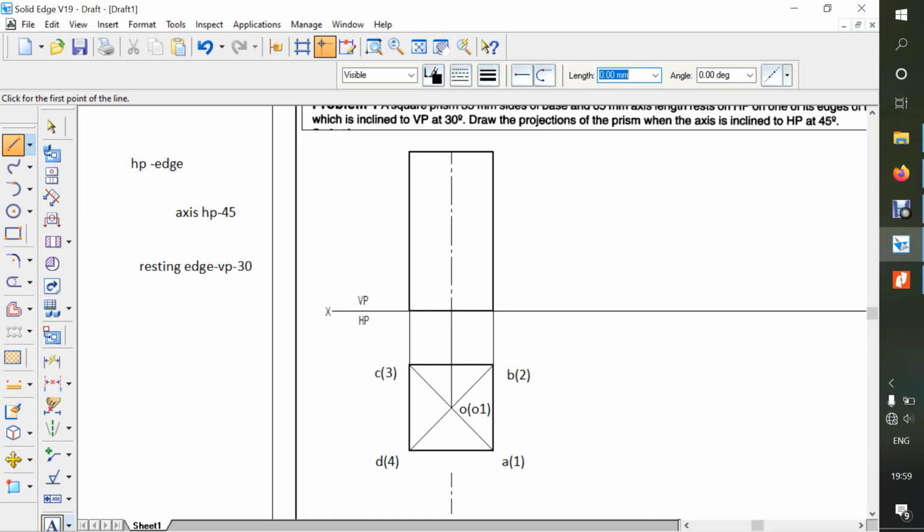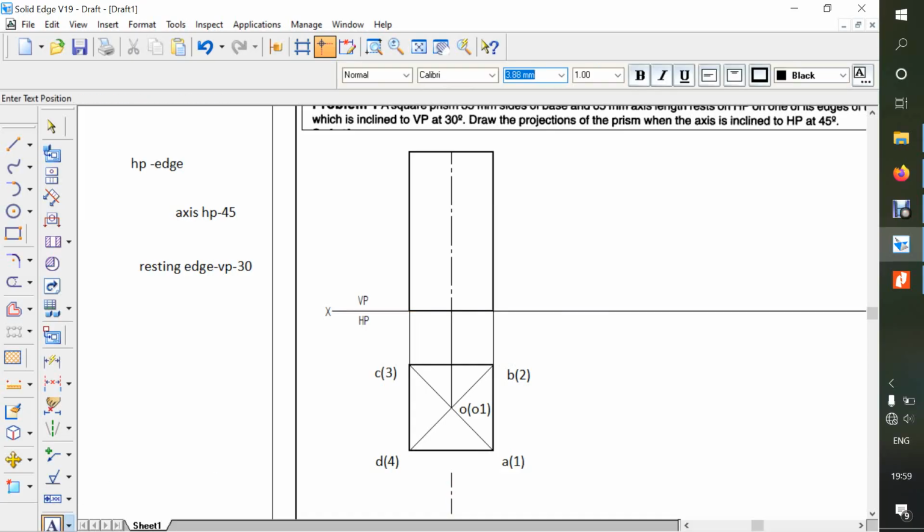So now once you go to the text, this corner corresponds to the line 1 2. So 1 2 means, as I said, 1 is near to me, so I will say 1 dash, and in the bracket 2 is beyond that one, 2 dash. So dash is used in order to show the front view. So here again 4 dash, that is 4 is near to me, and in the bracket 3 dash, so 3 is away from me.